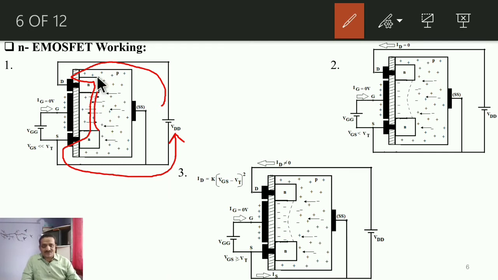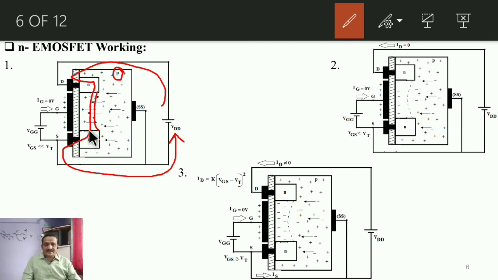Same category means what? As drain and source regions are of N type, there should be a path of negative charge carriers. But during construction, what is the path between these two regions? The available path is of P type, that is substrate material, which will not allow the flow of charge carriers through it. And that's why we have to induce that path, that channel, is it?